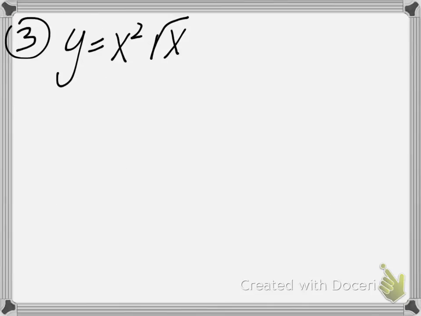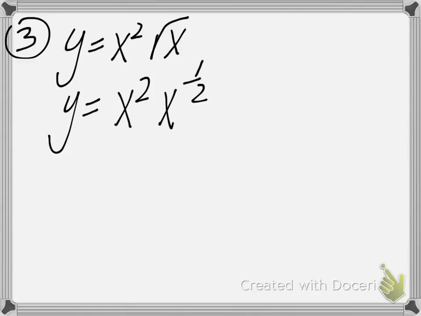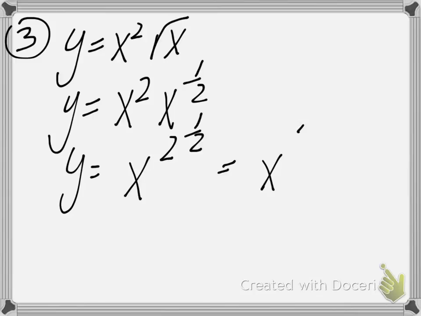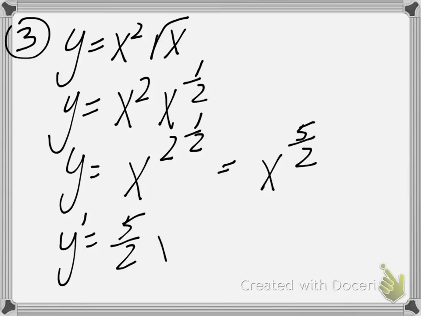Okay, this is number 3. The easiest way to do this is to change the form. And then remember there's a rule that says keep the base and add the exponents. So you're going to get 2.5, which is the same thing as 5/2. Then you can take the derivative. You'll get that, and that can be simplified to